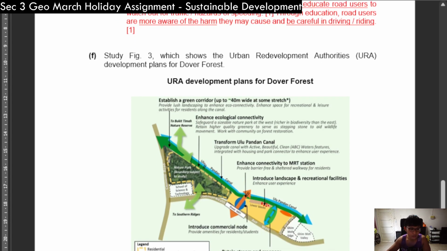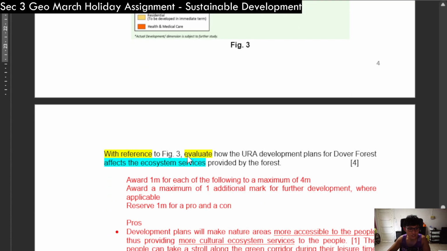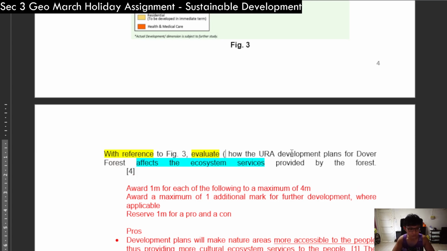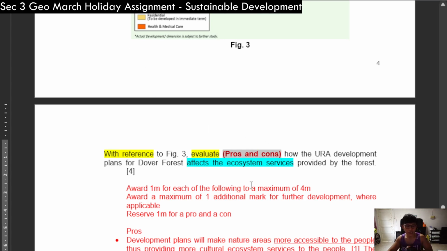Next question. Study figure 3, which shows the Urban Redevelopment Authority's URA development plans for Dover Forest. So this is a forest over here. With reference to the figure, evaluate how URA plans for the forest affect the ecosystem services provided. So when we talk about evaluate, basically we want you to give the pros and cons. The URA have some plans to change the forest, so you must tell us what are the pros and cons of these plans in relation to the affecting of the forest